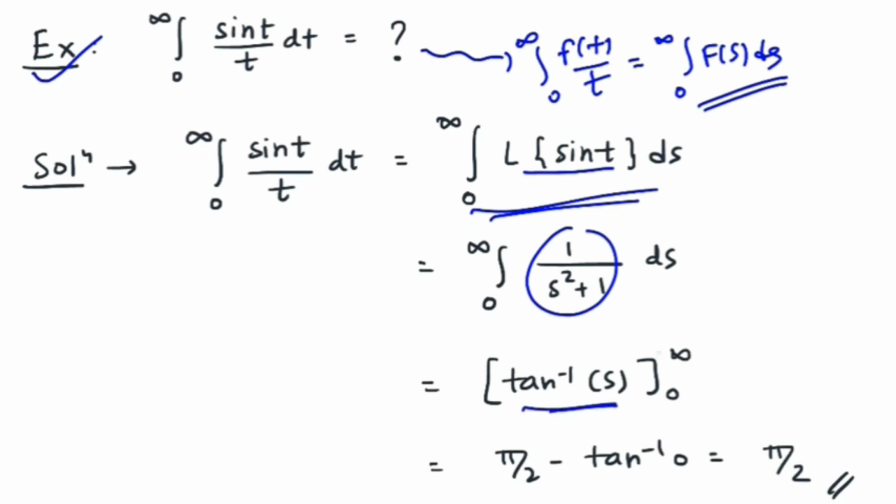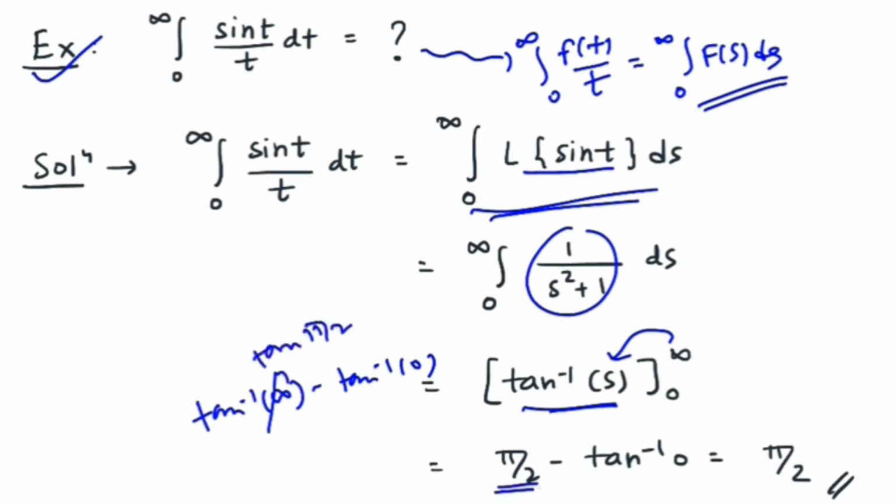Put the upper limit. So first the upper limit will come in the picture. So this step is tan inverse of infinity minus tan inverse of 0. So tan inverse of infinity can be written as pi by 2, right? Because tan inverse and tan will cancel out and you will get pi by 2. Then pi by 2 minus tan inverse of 0. So tan inverse of 0 is 0. Final answer